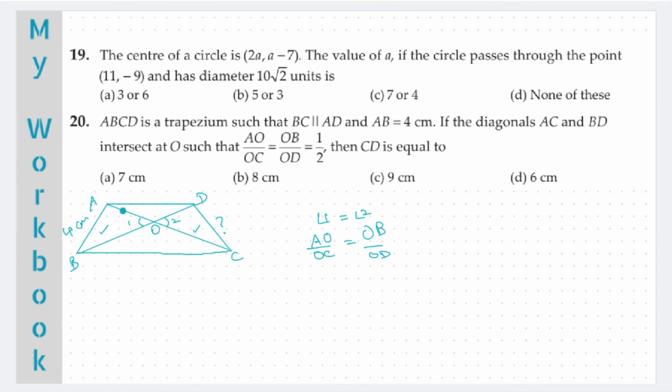So these two sides are proportional to each other and the angle included between them is equal. Hence, by SAS, side angle side criterion, we can conclude that triangle AOB is similar to triangle COD